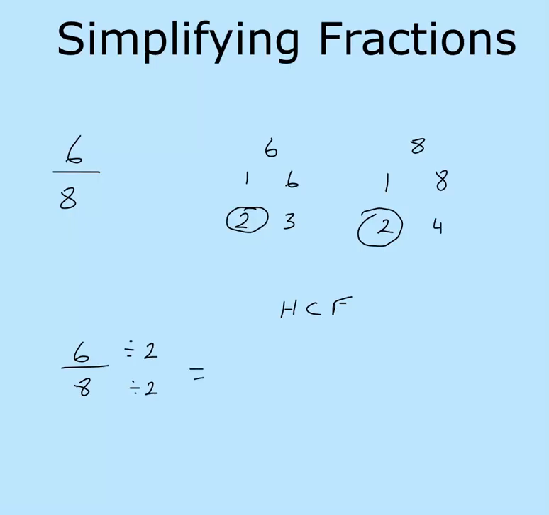And that's equal to 6 divided by 2 is 3, and 8 divided by 2 is 4. So this now becomes 3/4, and that's as far as it can go when you're simplifying or cancelling it down. These fractions don't change their value. If you put into a calculator 6 divided by 8, that would equal 0.75 in your calculator. If you did the same for 3 divided by 4,